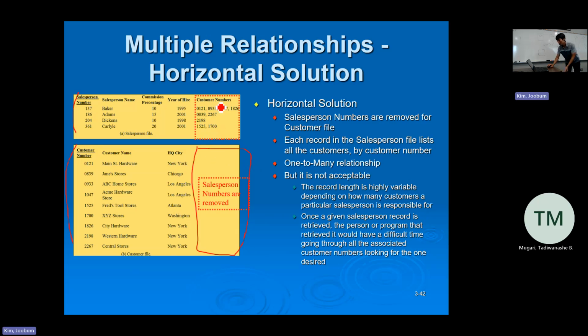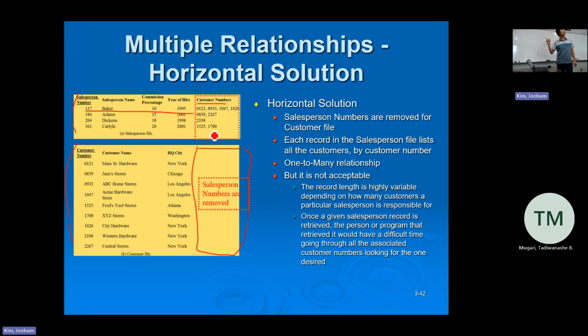Instead, I'd like to add customer numbers at the end of the salesperson record, like that: 121, 833, 1047, 1826, and so on. You may think of those kinds of approaches to connect salesperson and customer,